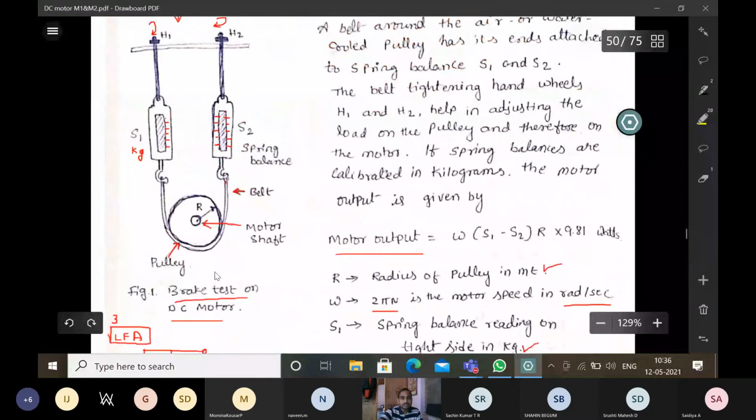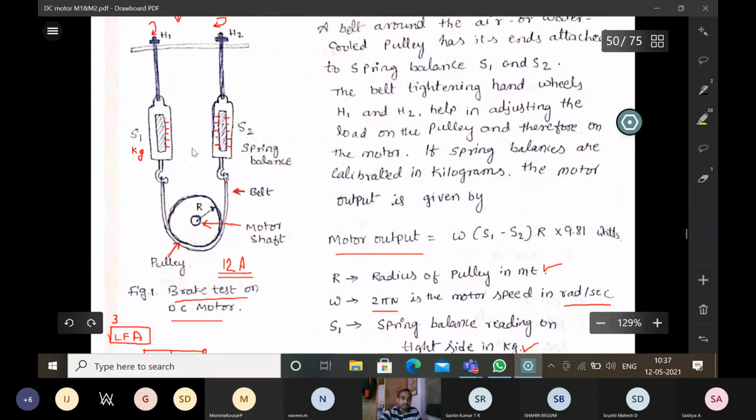That is important. We need to know the full load current of the motor. Suppose the full load current of the motor is 12 ampere. So we need to apply up to 12 ampere, and cannot go beyond 12 ampere. This is the rated full load current of the motor, for example for a particular 3 HP motor. The 12 ampere is the maximum current; it should not go more than 12 ampere. We have to observe the ammeter reading while loading the motor.